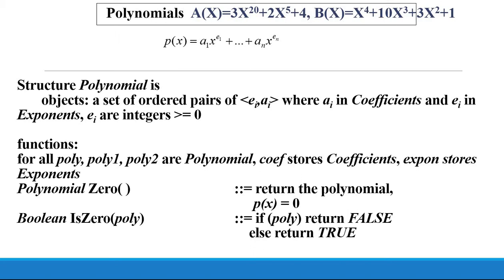If you take any polynomial a of x, here how are we going to store that in the array? It's an array of elements. In the polynomial many terms will be involved. Each and every term will have the coefficient and the exponent. Like that, any number of terms you can involve in the polynomial.